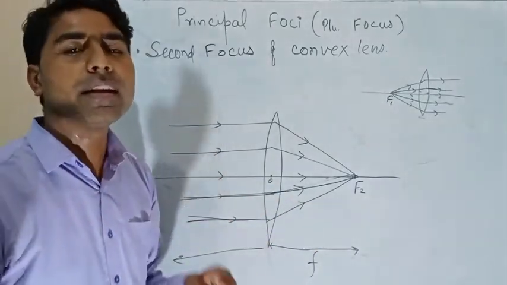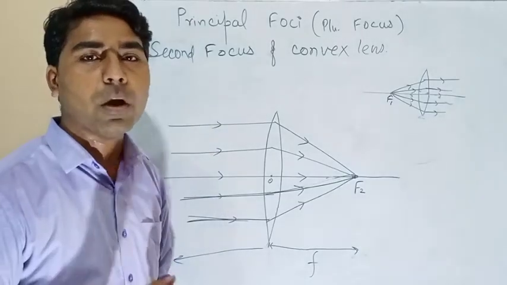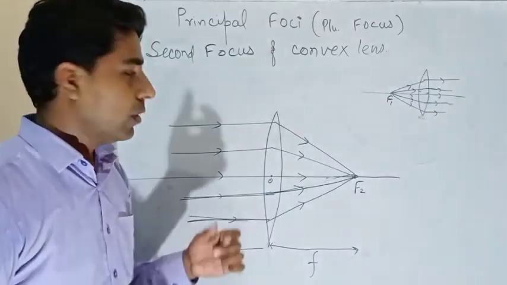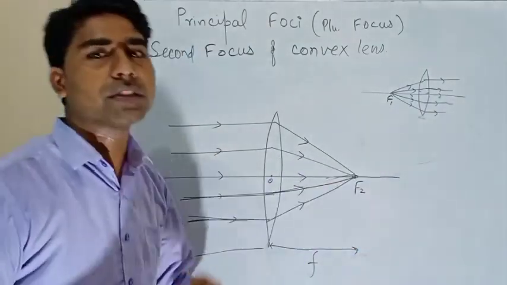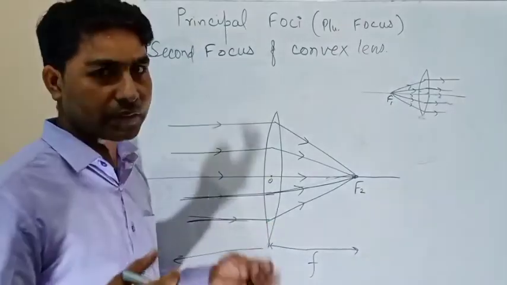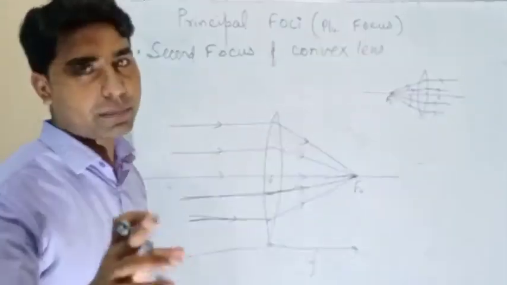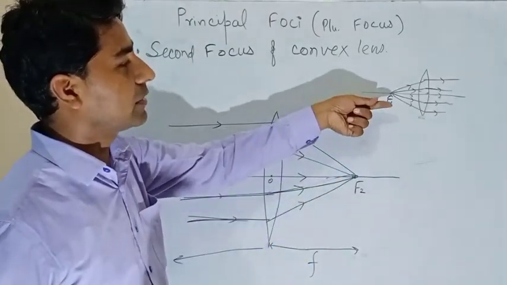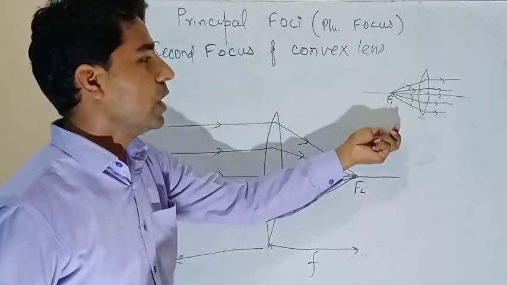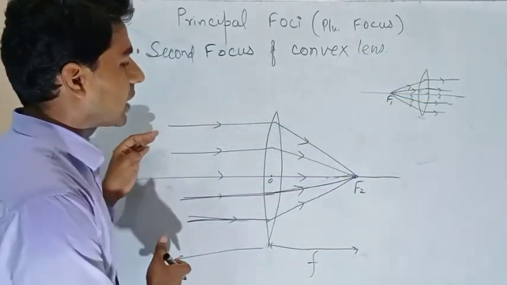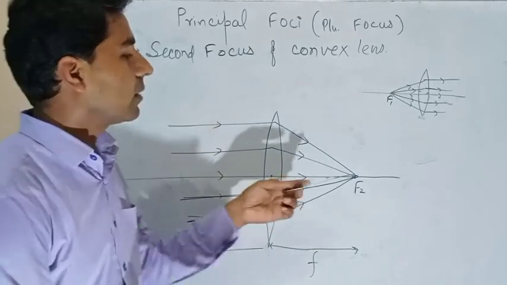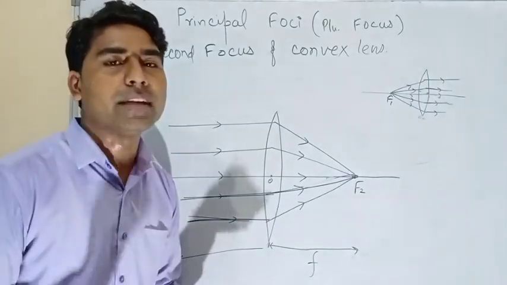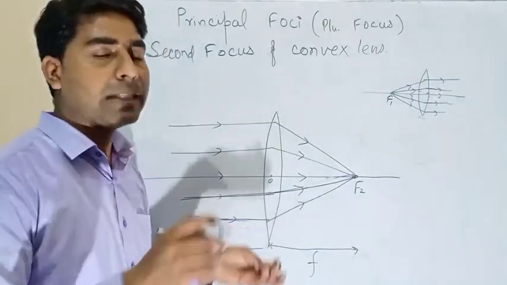Why are we discussing this? We have to draw the ray diagrams for different positions of the object and different positions of the images. So at that time, you will use the first focus and the second focus positions. That is why we are discussing it here. The focal length will be constant. So what is first focus? It is the point on the principal axis through which the light starts and after refraction becomes parallel to the principal axis. And if the rays are coming parallel to the principal axis and after refraction they are meeting at any point, that will be the second focus.